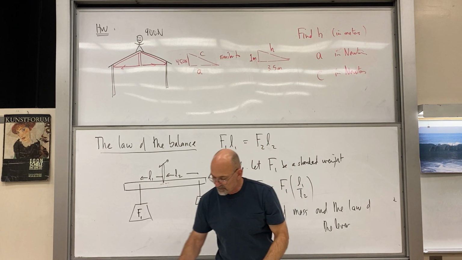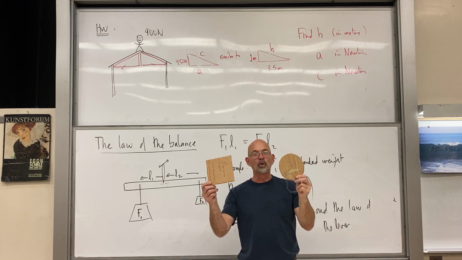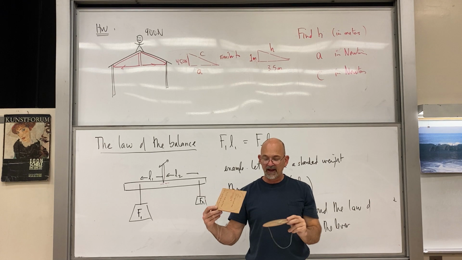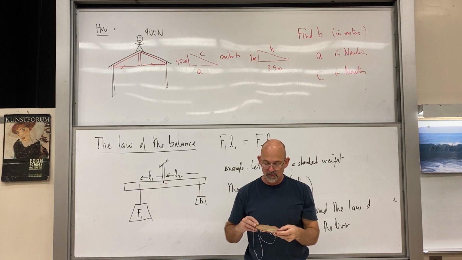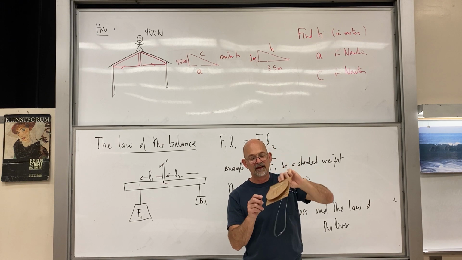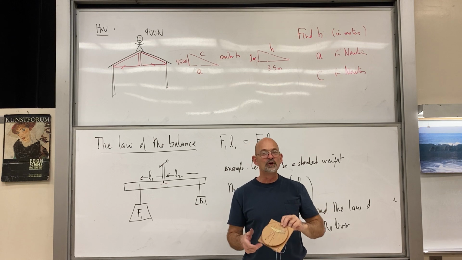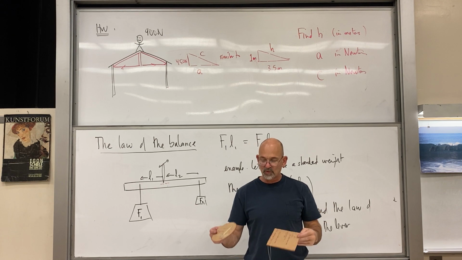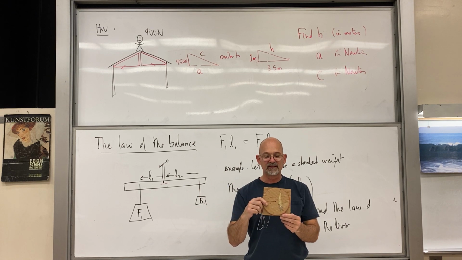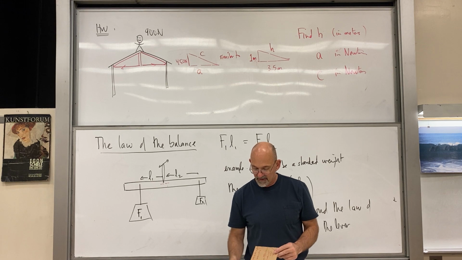Now, since we've been doing geometry, I also cut out a square and a circle out of the same sheet of cardboard, and you'll notice this circle fits exactly into this square, which means that if I have a circle of radius r, then I have a square of side 2 times r. Which one is heavier, do you think? Okay, well, looks like the square has a little more material on it, so the square is heavier. If I balance these,